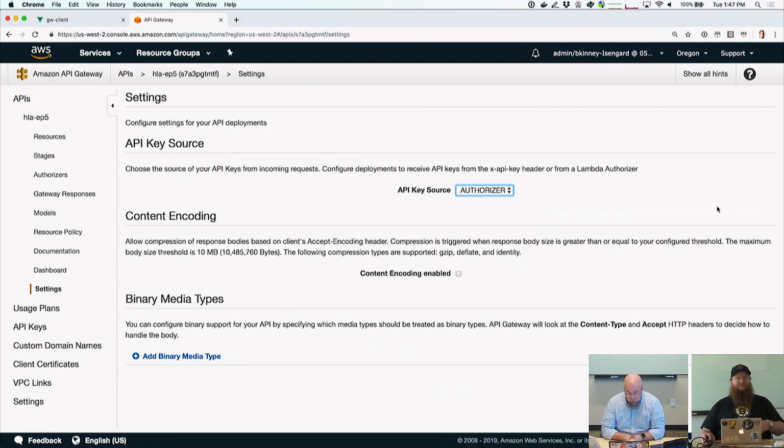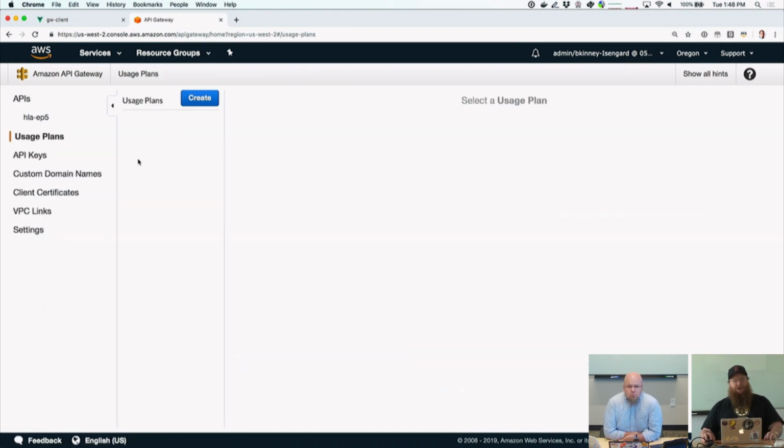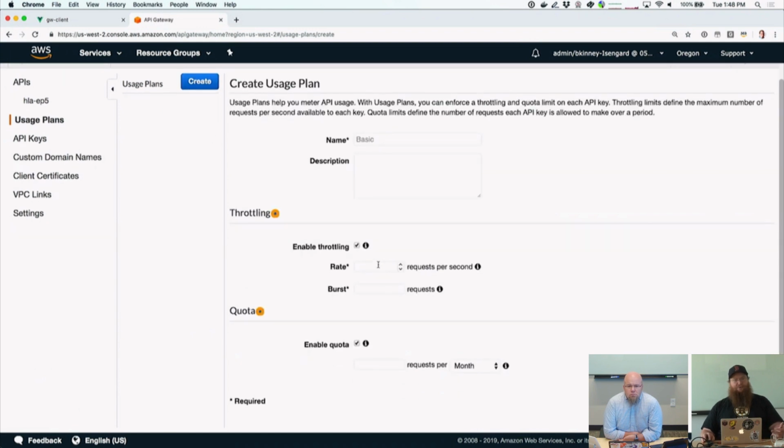So again, if you were trying to emulate the model that we had with our weather app, where you had a premium class of user and a non-premium class of user, you could associate different API keys for those different classes of users. And if you had a top tier premium user, then you might even say that they get their own API key. But because of the limited number of those, that would be something that you would probably want to have a strict cross control associated with. And so then once you do that, you can configure your usage plans and your API keys to set the control rates for both throttling